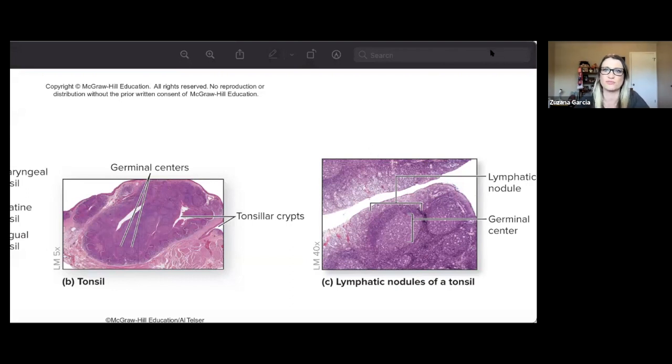And then the last thing is MALT. I don't have a picture for MALT, but MALT is mucosa-associated lymphatic tissue. This is found in several places in your body, usually something that's open to the exterior. And that's why some people consider the tonsils as part of MALT, because this is in a cavity that's open, right? So you will see, not might see, you will see this mucosa-associated lymphatic tissue